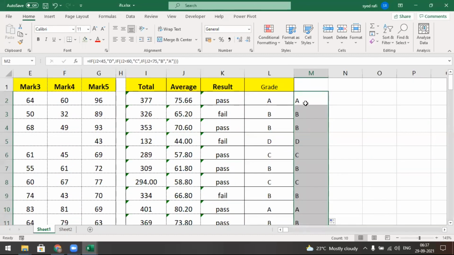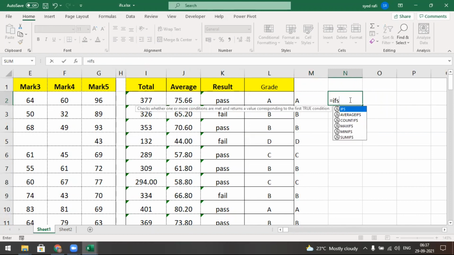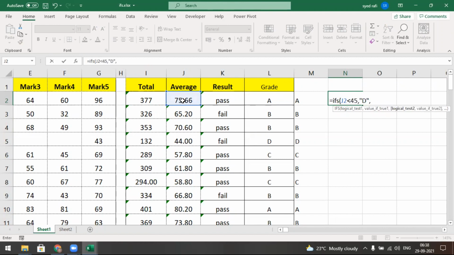Okay. Now I want to apply IFS. How do we make this one? Equal to IFS. By applying IFS, the logical test is this one, less than 45 comma, you may say D grade. You don't need to give the IFS again, simply select the logic and say less than 60